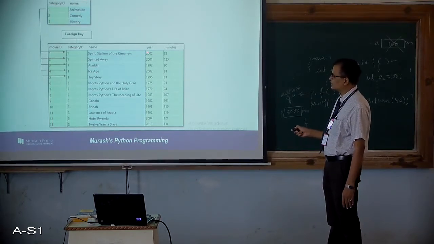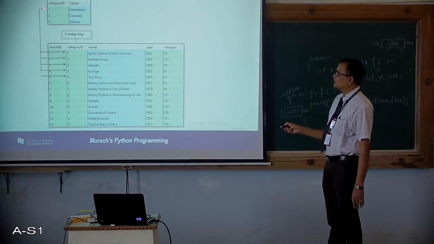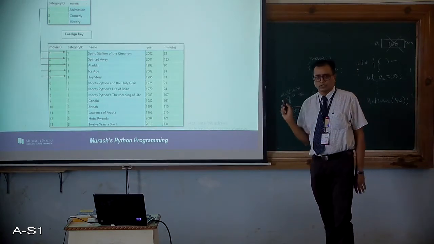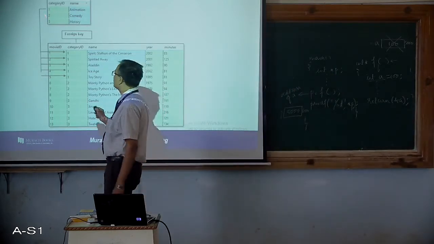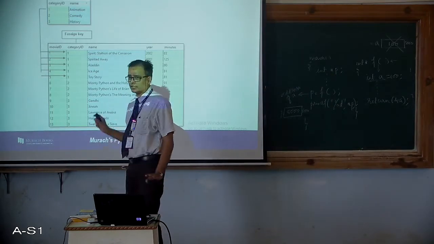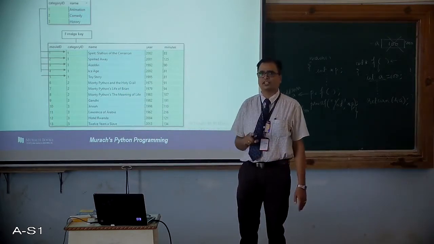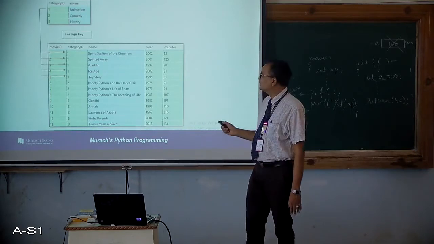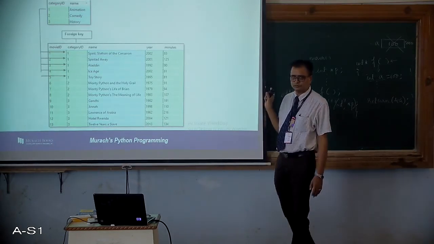The same concept has been implemented in DBMS, which says that unless and until all the records related to this particular category ID have been removed from here, this record cannot be removed. So your RDBMS system should not allow you to remove this particular row directly, because it is referred by some other table. There is a link between one table and another table through this category ID. Understood? Okay.